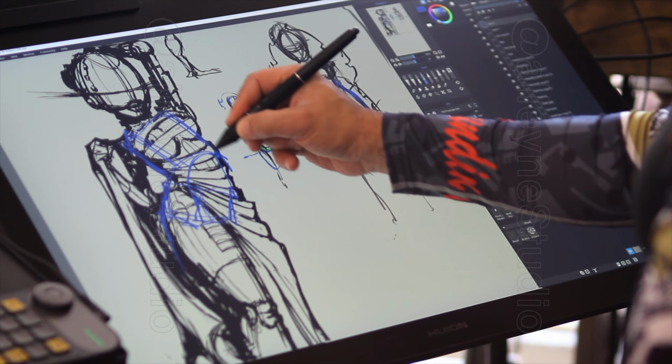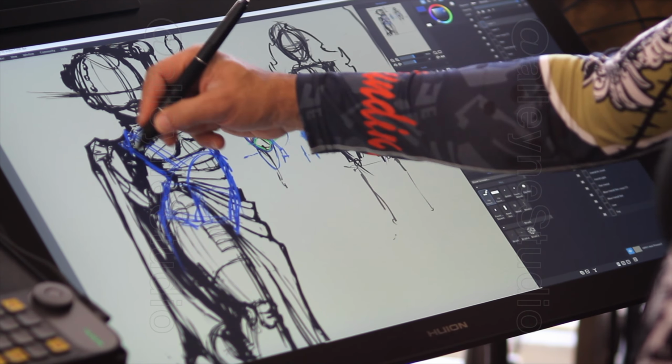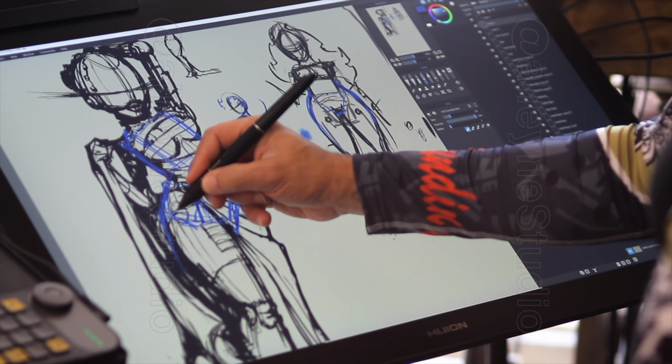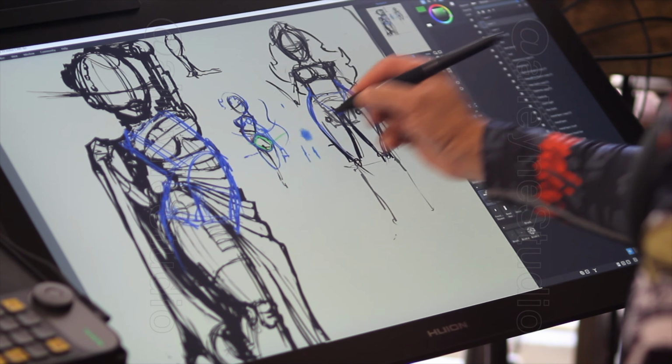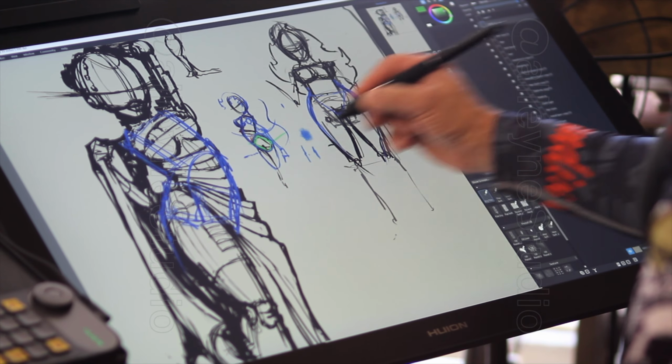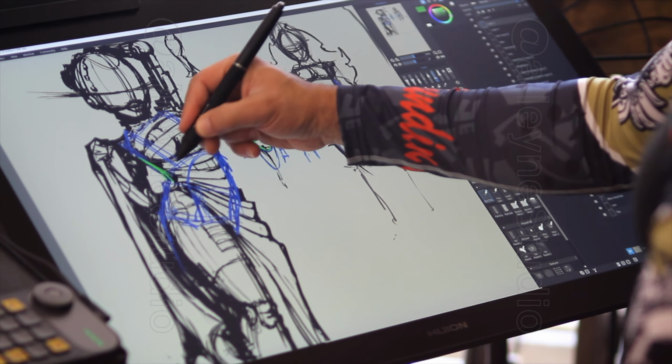Right. And then just connecting here. I know I'm drawing all over it, but hopefully you can understand. And the main thing is that you see we have her torso here,